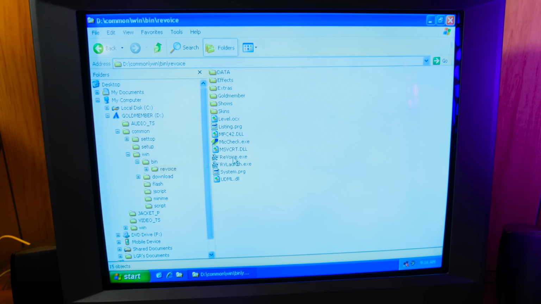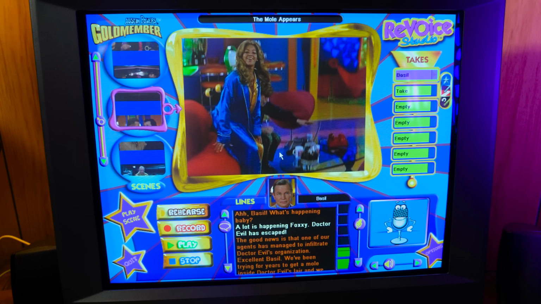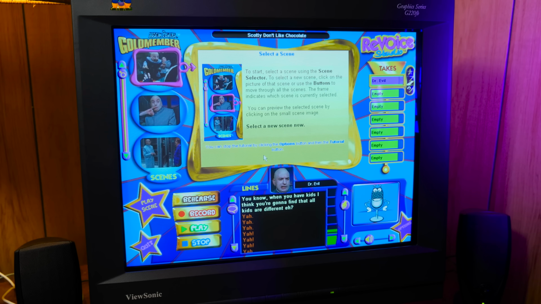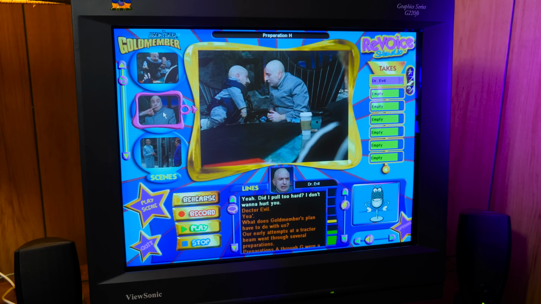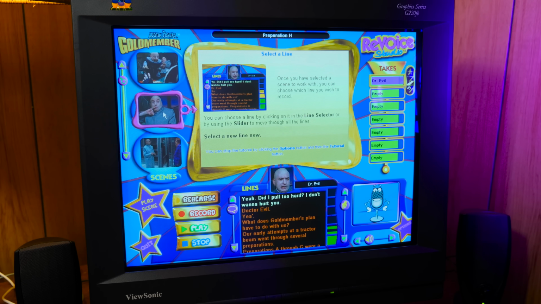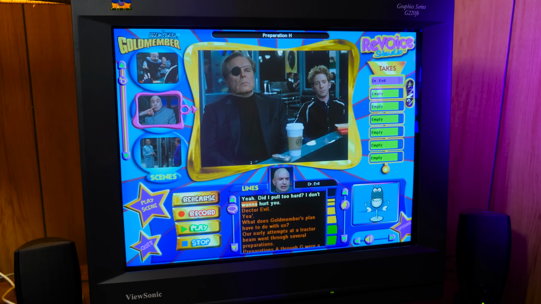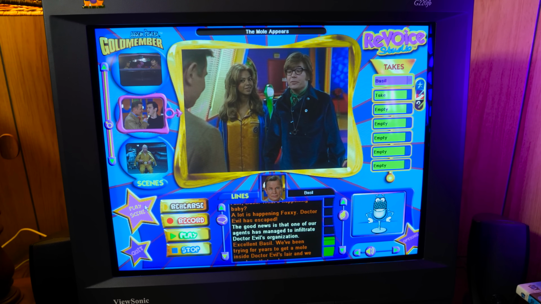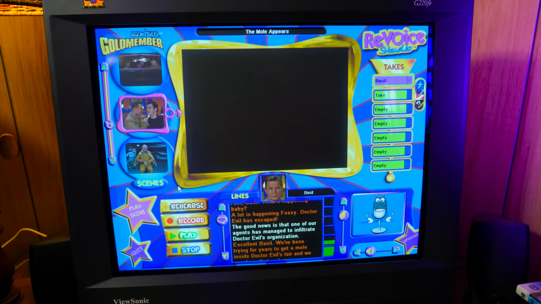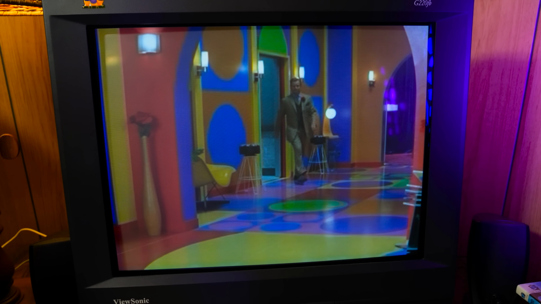And yeah, this is an early version of Synchro Arts Revoice, which is still around today, by the way, although presumably it's a lot more full-featured than this. The whole idea is that you use a microphone to re-record scenes from the movie in your own voice, click each line, record your own take, then play it back mixed in with other bits from the movie, all sped up and adjusted automatically. Yeah, I guess it's interesting as an attempt at ADR at home, but the results are just kind of bad.